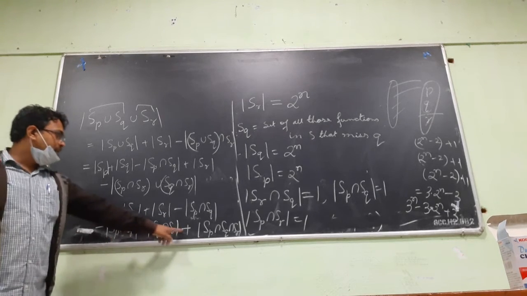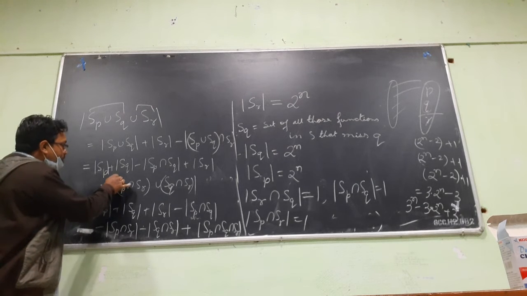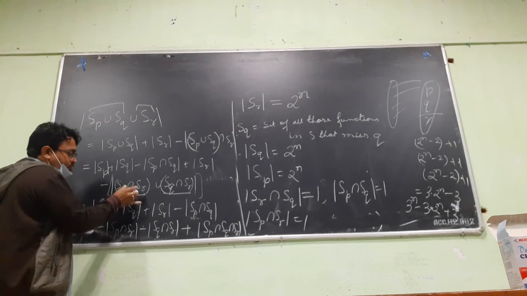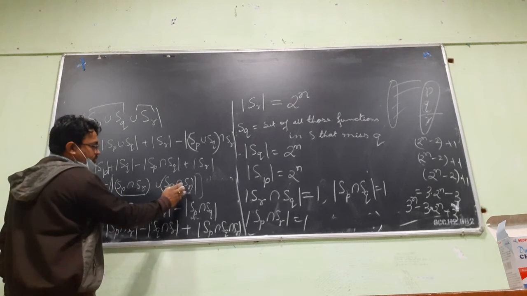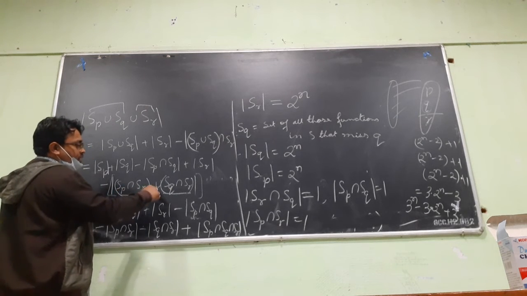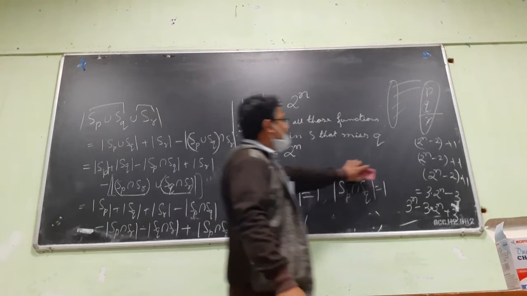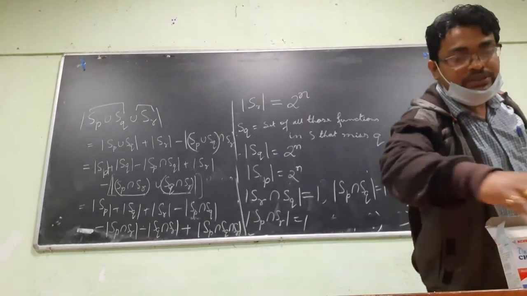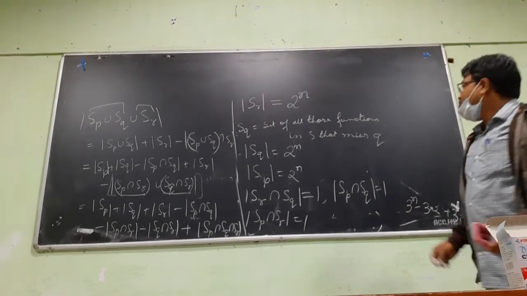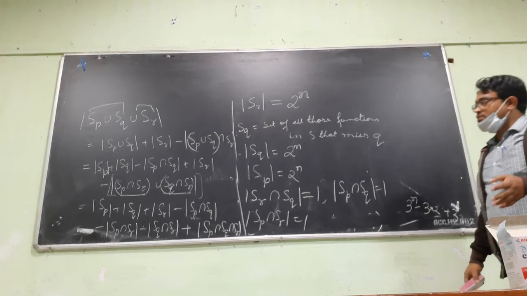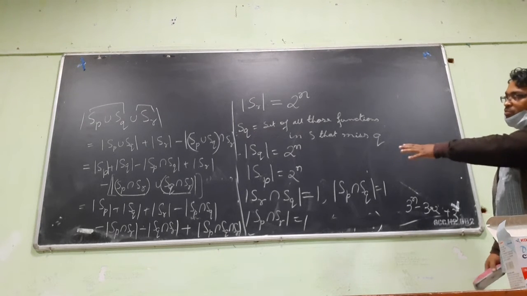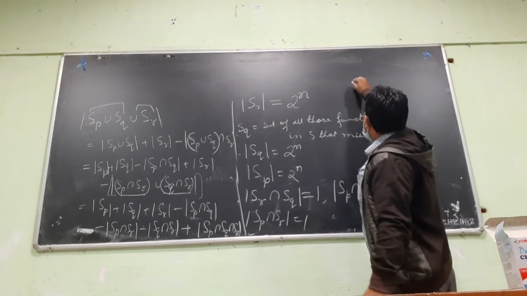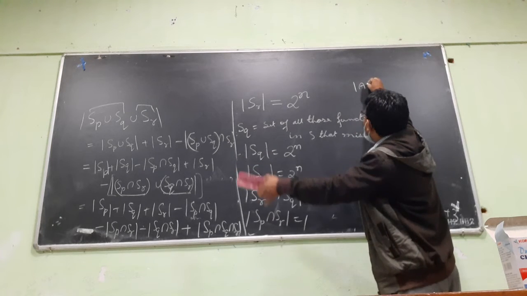Yes, this will be added, because here I applied the formula again on this part, A union B: number of elements of A plus number of elements of B minus number of elements of this intersection with this. So it's actually a standard formula which is done in class 9-10. You will also get the number of elements of three sets. Up to 3 sets it is done. From 4 sets onwards we need some concept of combinatorics, the inclusion-exclusion principle.